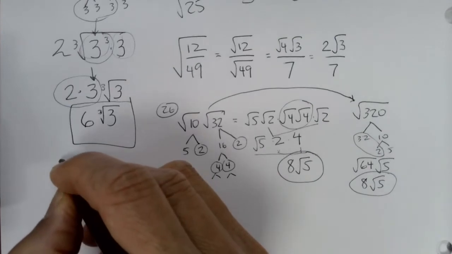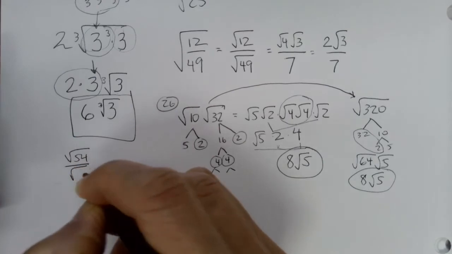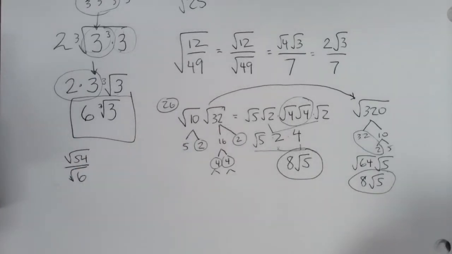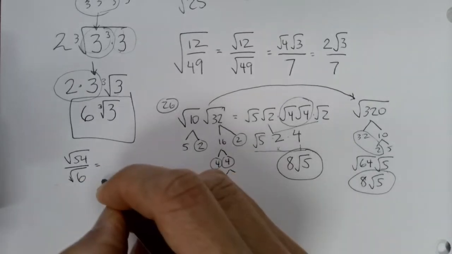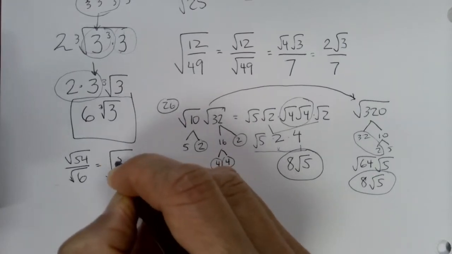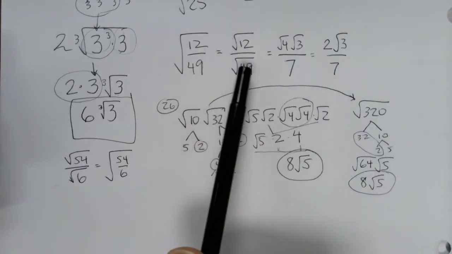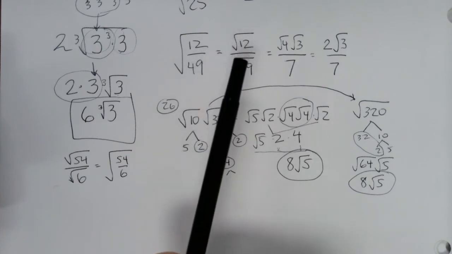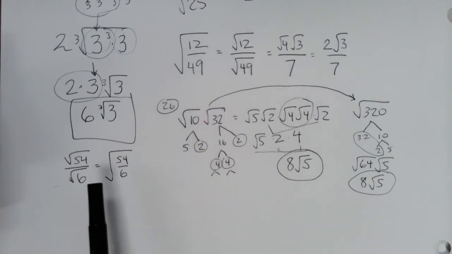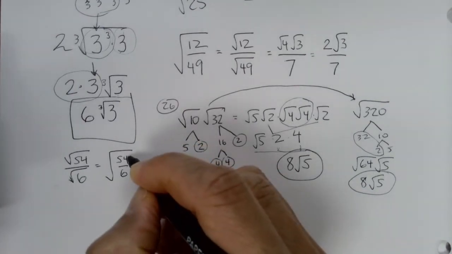Alright, the next one, number 26, got root 54 over root 6. And we can do this two different ways. First, if I recognize that 54 is 6 times 9, I can go ahead and make this, right, kind of the opposite of what we did here, because these are equivalent. The square root of this fraction is the square root of 12 over 49, and likewise here, I could rewrite it as the square root of a fraction, because then I can first simplify in here,